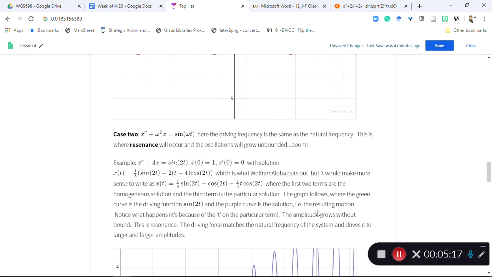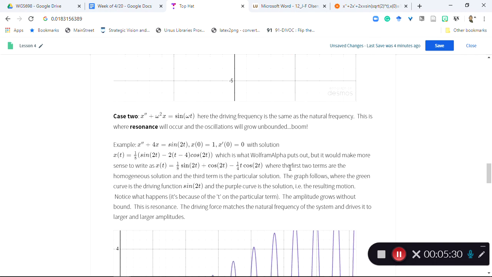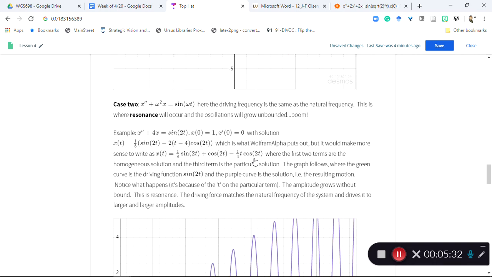Case 2, this is maybe a more interesting case. What if we drive the system at the same frequency? So here, x double prime plus 4x equals sine of 2t. All the initial conditions are the same, by the way. What we get, and this comes about through that stuff in 4.3, is we get an extra trig function with